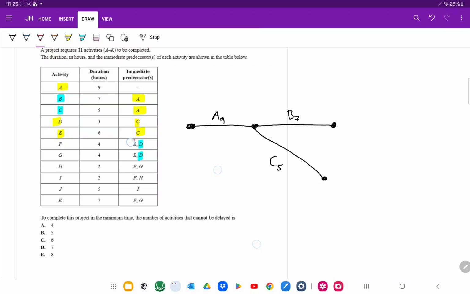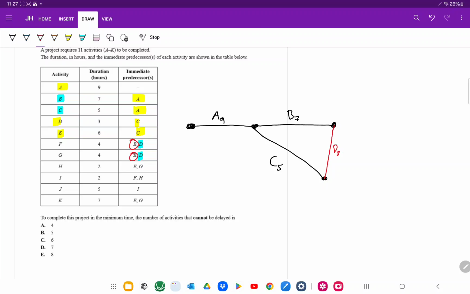Since B and D are both predecessors, it looks like there needs to be some sort of path here that joins. So D has a time of 3,